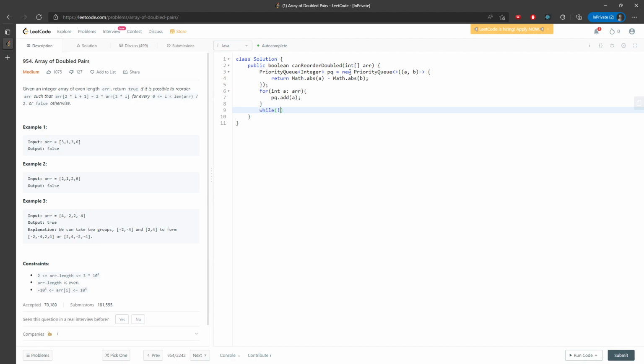So while PQ is not empty, right? Everything is going to be, return true if PQ is empty. And I'm going to say num equal to PQ dot poll. So I pulled the PQ out, right? So again,